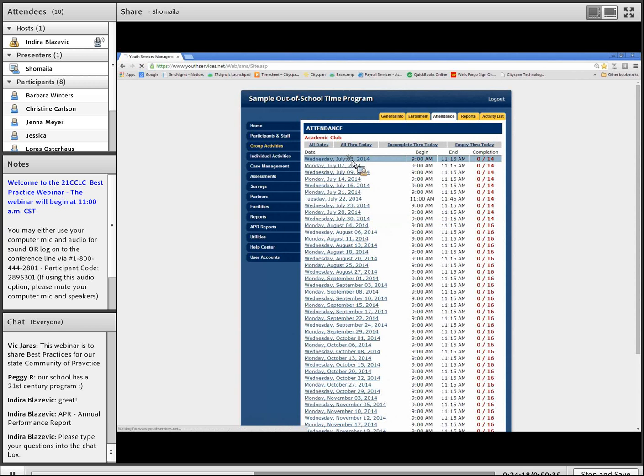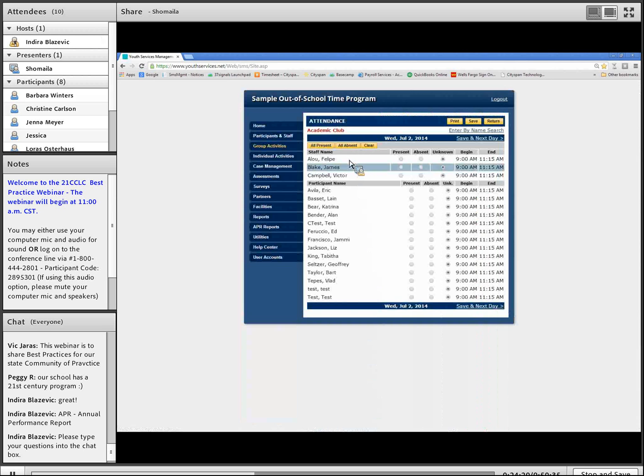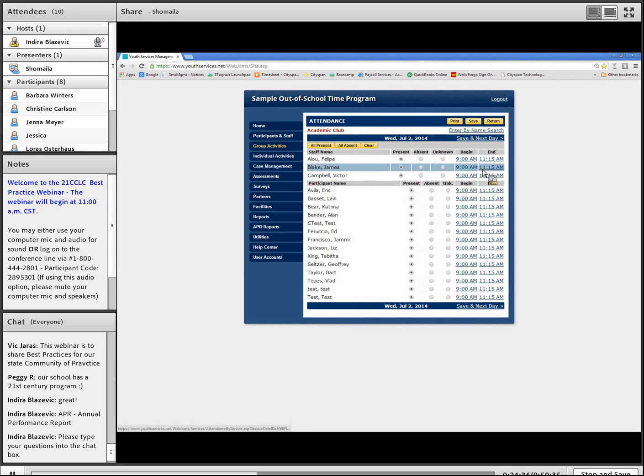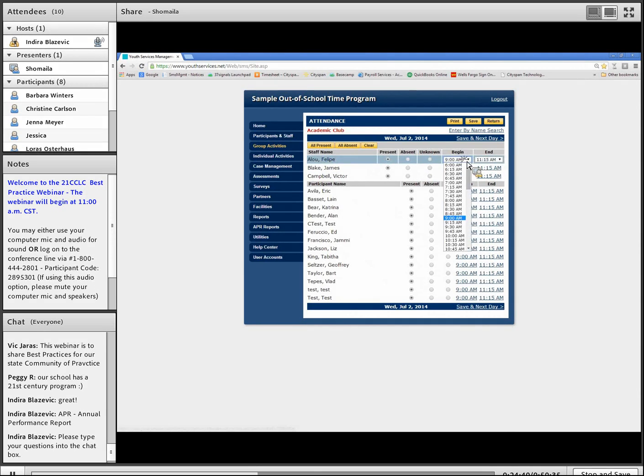So we'll click on July 2nd. These are the staff members that were out of the ones that we've enrolled. I didn't realize that more staff. But yes, you can take attendance for the staff members since they were enrolled into the activity. This is separate than the staff member we assign. But if you click All Present, it'll mark everybody present. If you want to change the time, let's say Felipe didn't show up until later, you can click on the